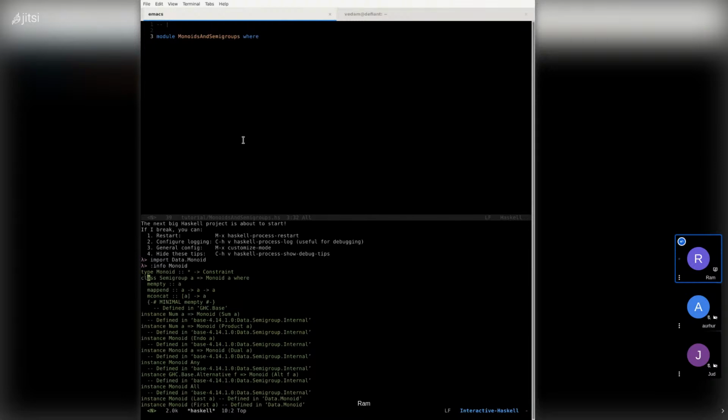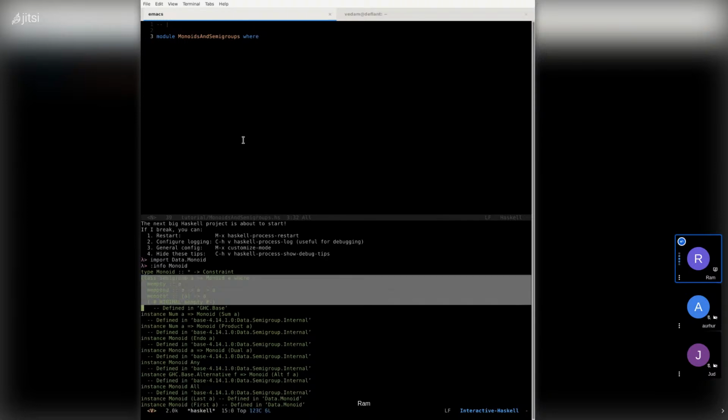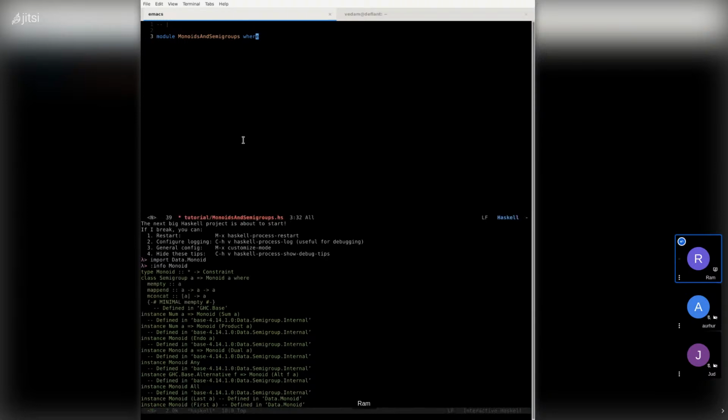As I mentioned before, monoids require that the type being passed into the monoid is also a semigroup type, and we'll get into that in just a minute. But I'm going to copy both of these into our buffer for later discussion.